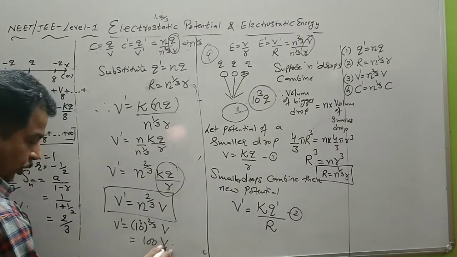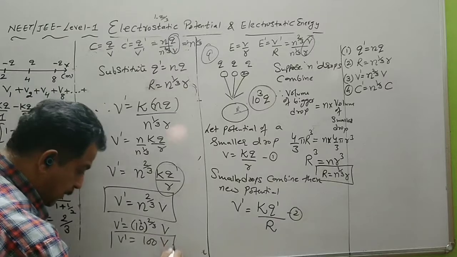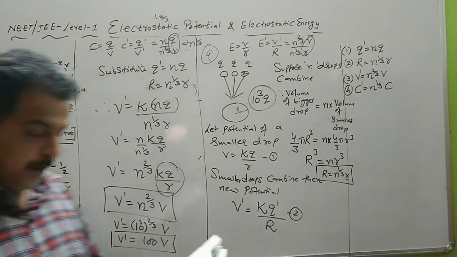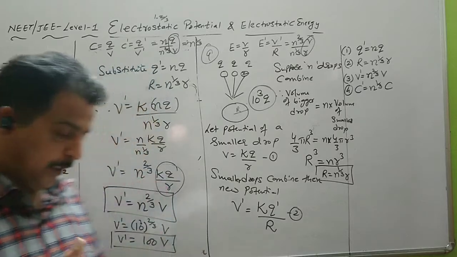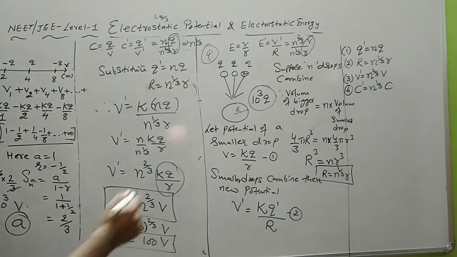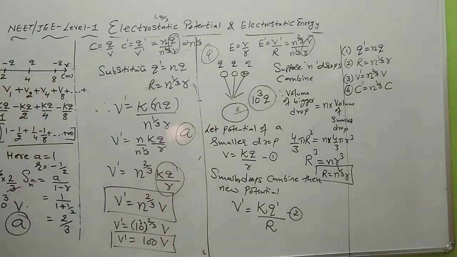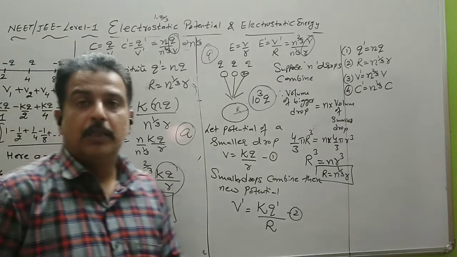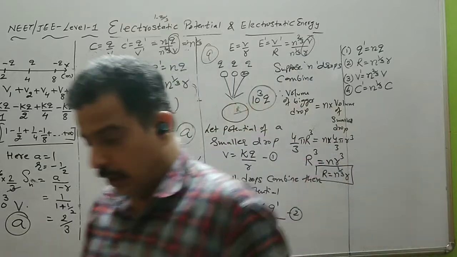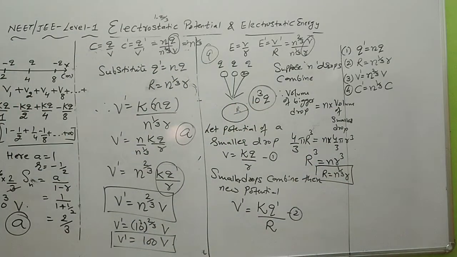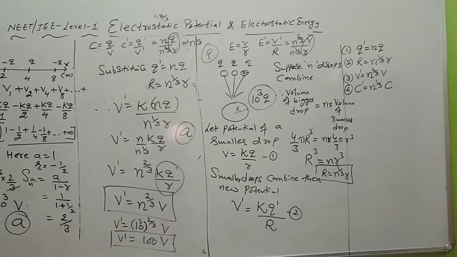That is, this V is not a volt. This is 100 times the initial. So in the options we have 10 raised to 2, 10 raised to 0 like this. So we have option number A. So potential becomes 100 times the initial potential. So similarly you find a relation for sigma, electric field, etc.